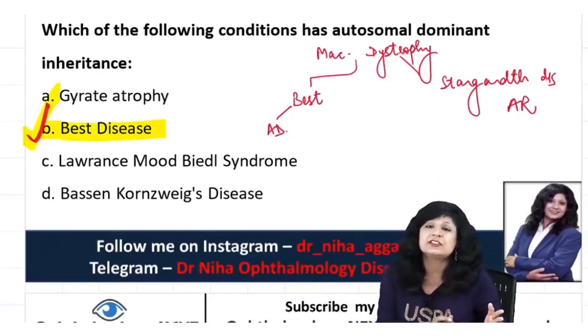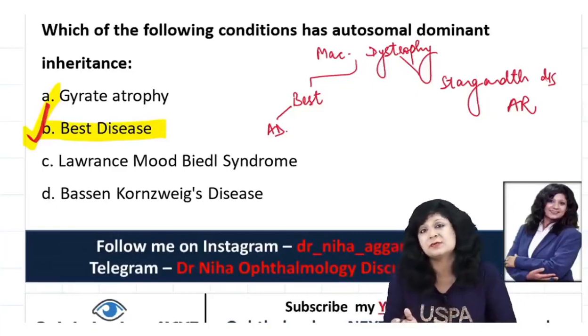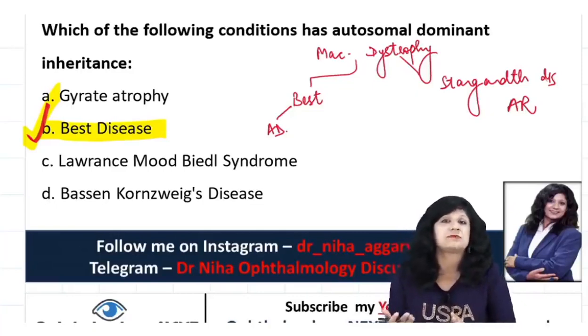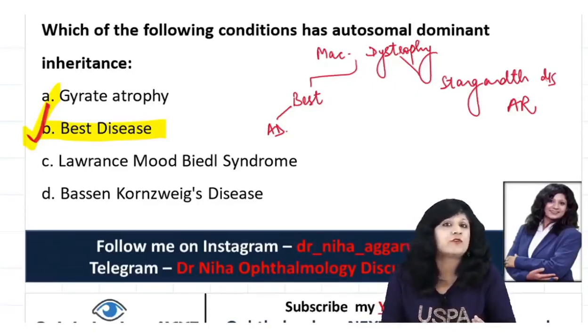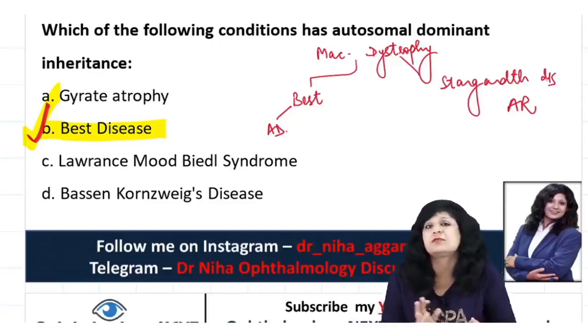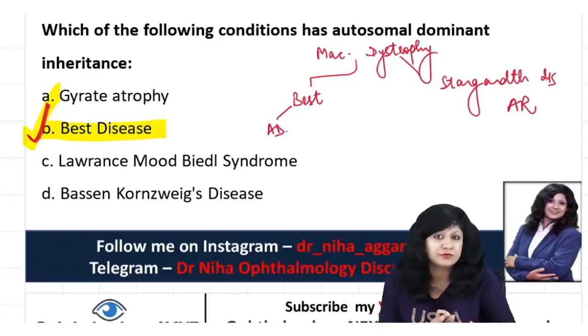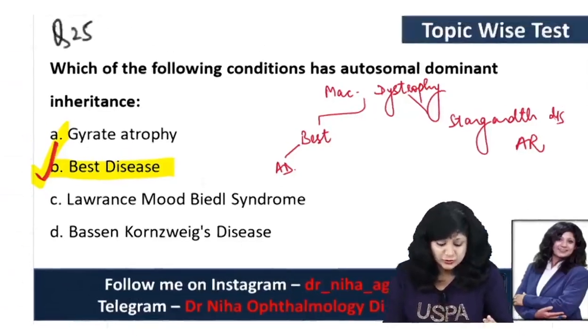Okay. So you don't have to learn each and every one, but you'll get only the important ones, and the genetic inheritance you will come to know of so many systemic diseases from your systemic pathology and medicine also. So I won't say that learn every genetic inheritance from ophthalmology. Those which are important I have already given to you, and you can solve most of the questions from that information only.